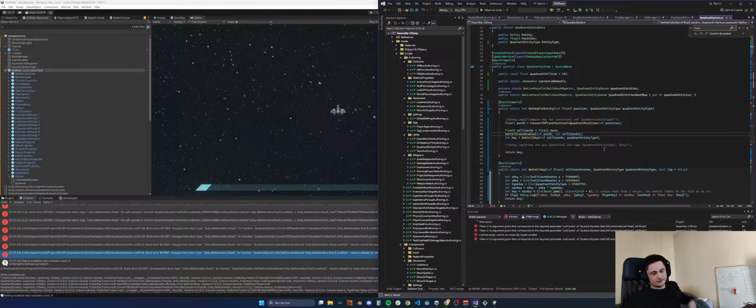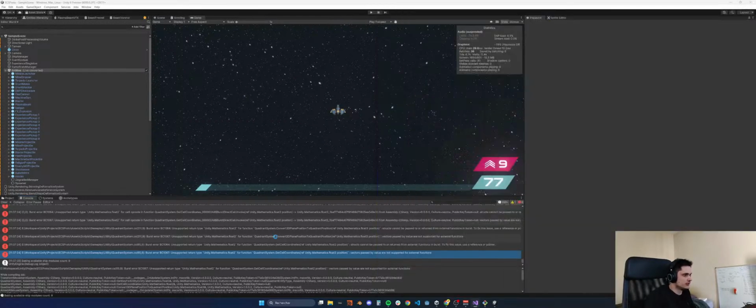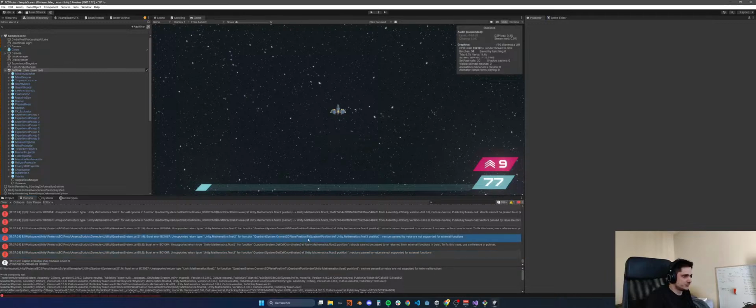Which in and of itself is already a pain in the ass, but at the same time it's more efficient because it means it's not copying the value down to the function. Well, yeah. And of course we need to do the same thing for